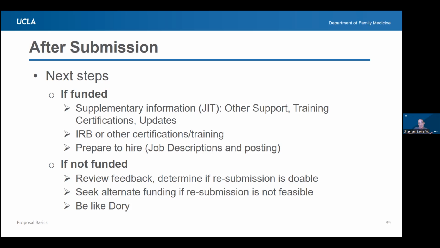Let's say it wasn't funded. They sent it back and they said, we're sorry, but we think these weaknesses just made it not fundable. Hey, that is a gift. You now can look at exactly what they wanted you to fix and resubmit again at the next opportunity.